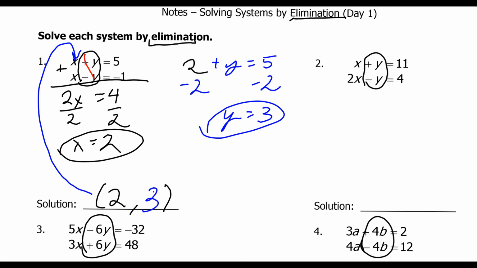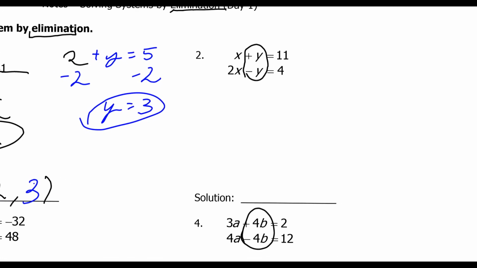Now, the next problem, on number 2, as we've already determined, our zero pair is going to be those y's right there. Notice how they are both equal and opposite. They are a plus 1 and a minus 1. When we go to combine those, they'll cancel. Now, if we add our two rows together, we've got 1x plus 2x's, 1 apple plus 2 apples, that's going to be 3x. 11 plus 4 is going to be 15. We divide each side by 3,